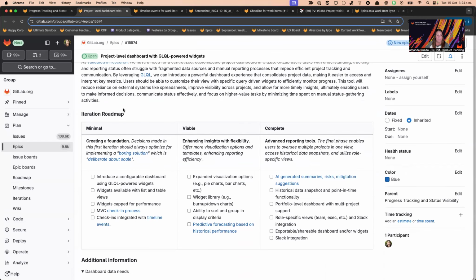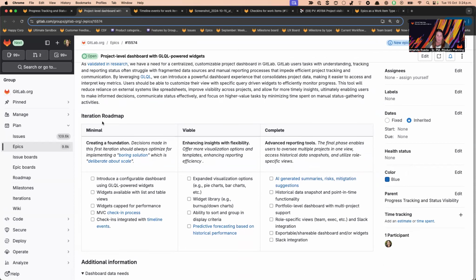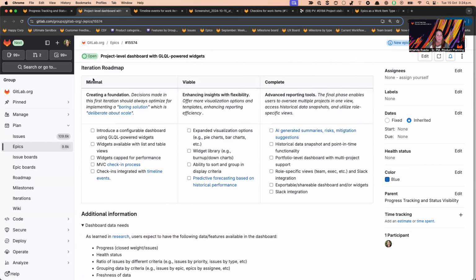When I'm thinking about this idea of a dashboard, I have broken down, what would the first iteration look like? What would we do next? What would a fully loaded version look like? So I tried to make that in this iteration roadmap here. And the first iteration is really just creating that foundation, taking what we have with GLQL today and elevating it to the level of a dashboard. So placing it in a home, where does it live, in terms of these widgets, creating the widgets,